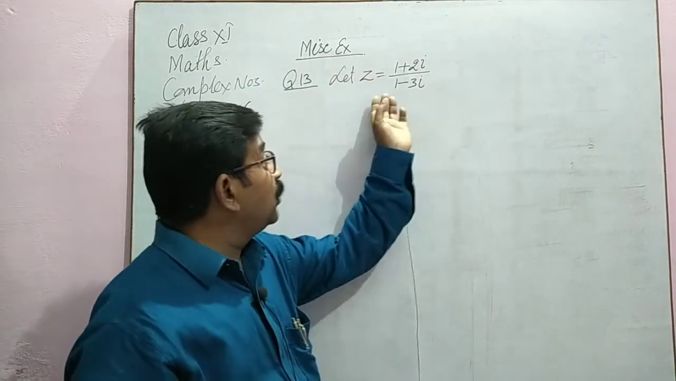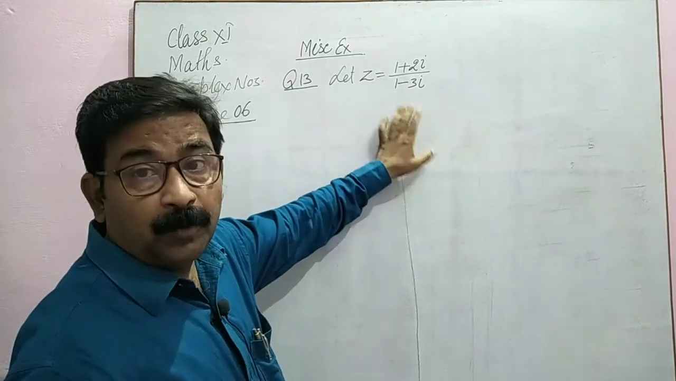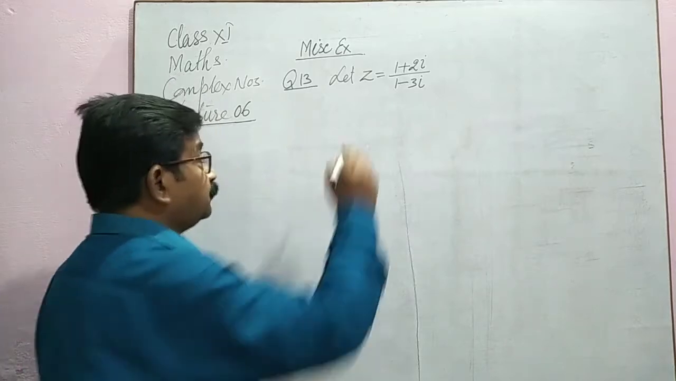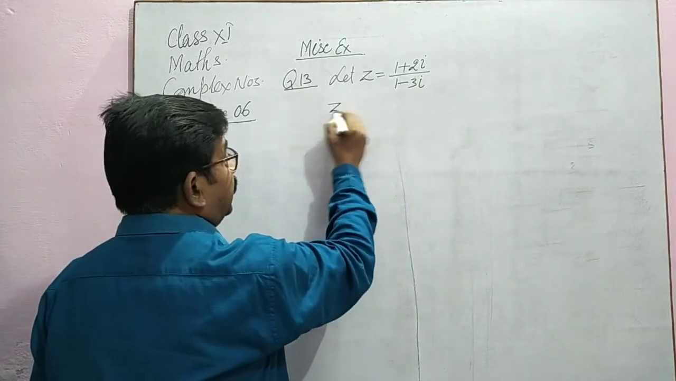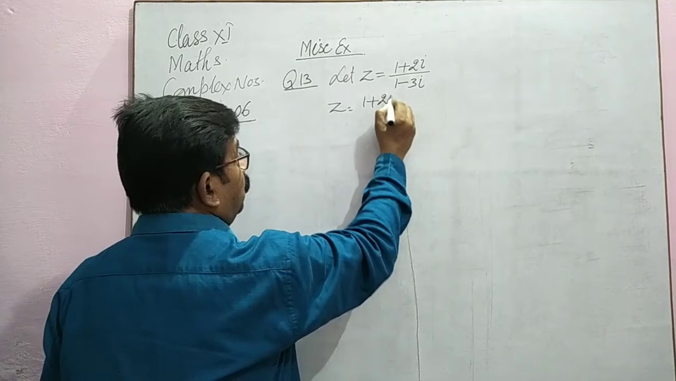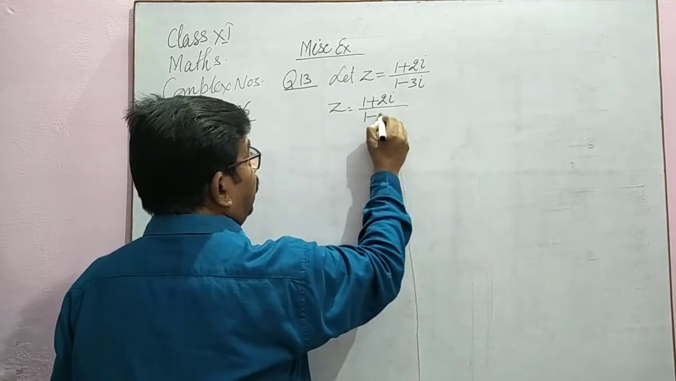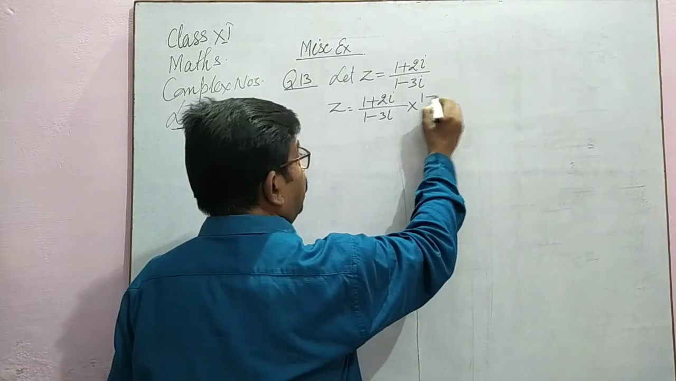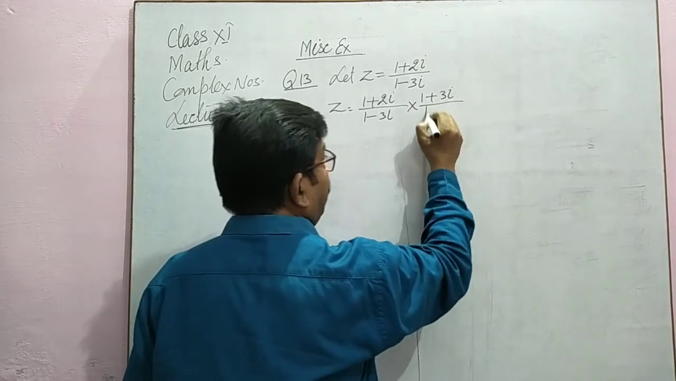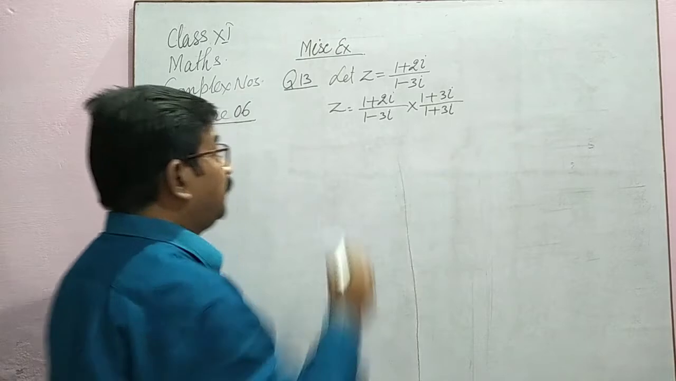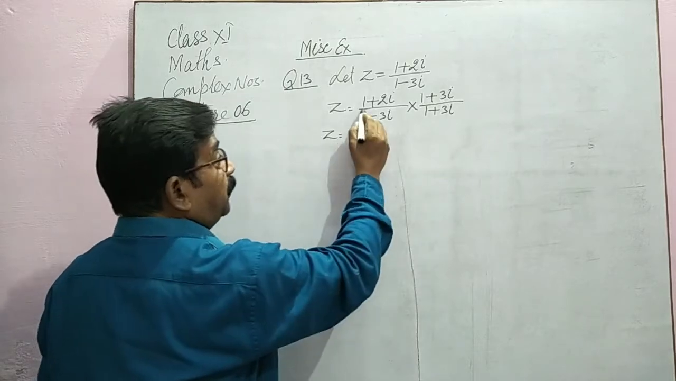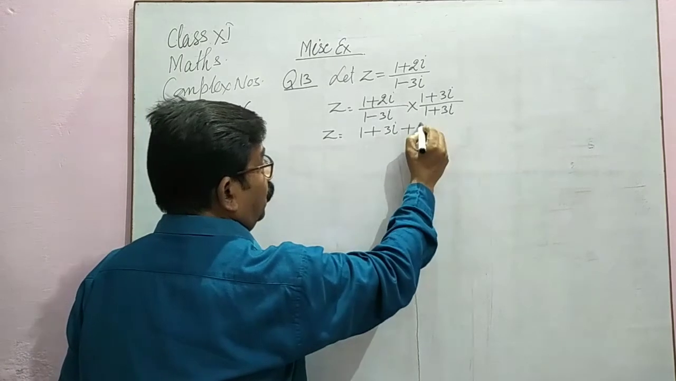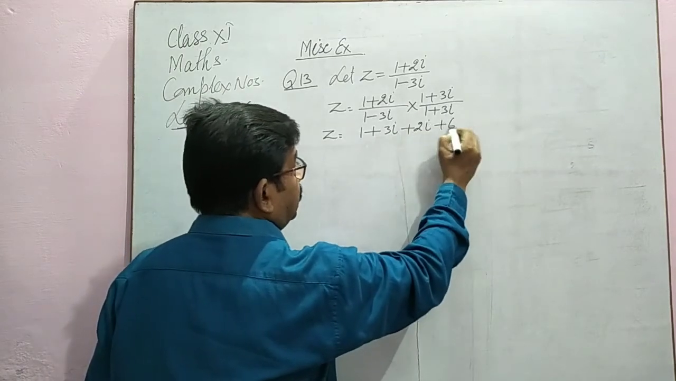So first we have to convert this complex number into the standard form, and after that we will find the argument. So how to change? z is equal to 1 plus 2i upon 1 minus 3i, multiply and divide by its conjugate. Its conjugate is 1 plus 3i divided by 1 plus 3i. Simplify. z is equal to, multiply 1 into 1 plus 3i plus 2i into 1 plus 3i, which is 2i plus 6i square